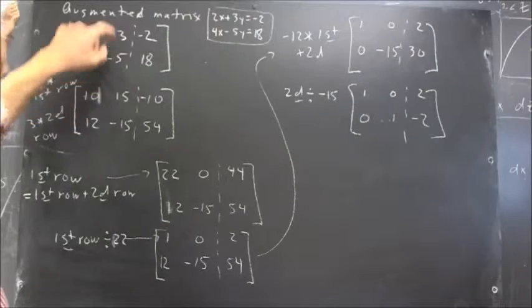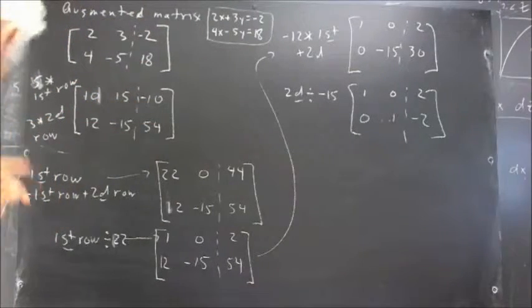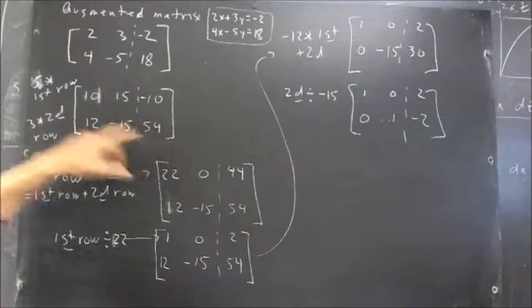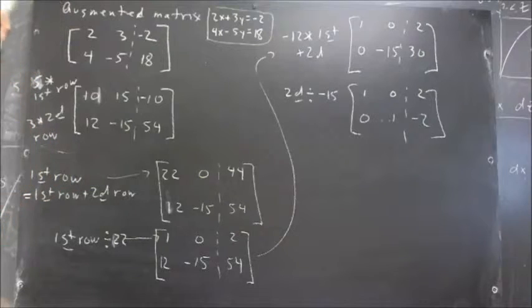5 times 2 is 10, 5 times 3 is 15, 5 times negative 2 is negative 10. Multiplying the second row by 3, we get 12, negative 15, 54. You can check the multiplication yourself. So that's just like multiplying the two equations by these numbers. Now,